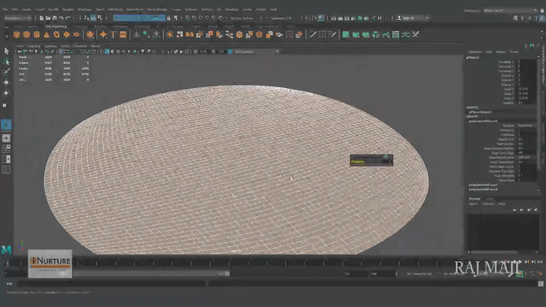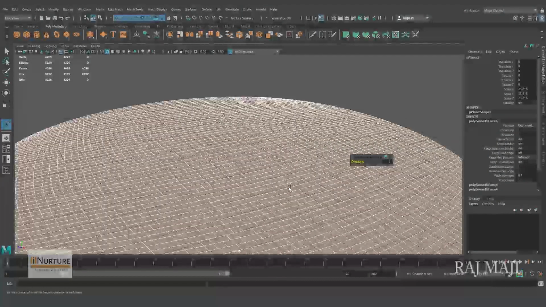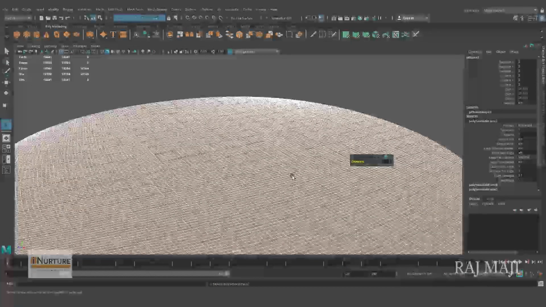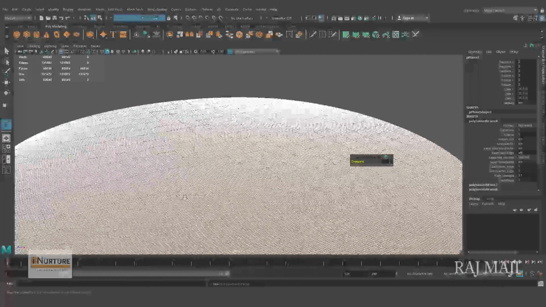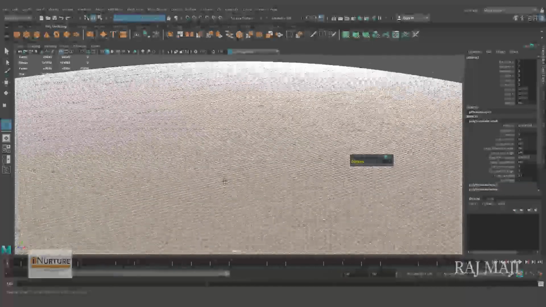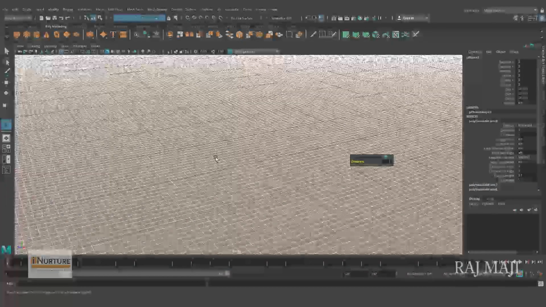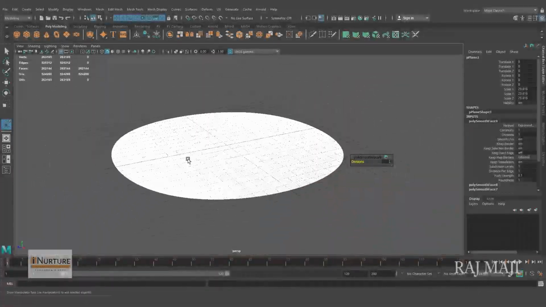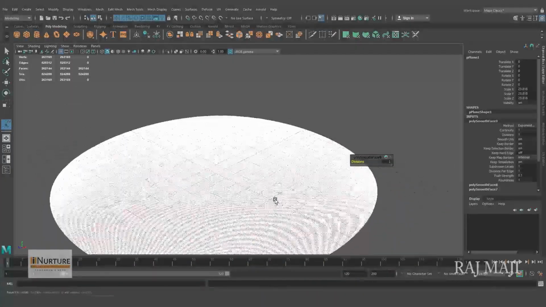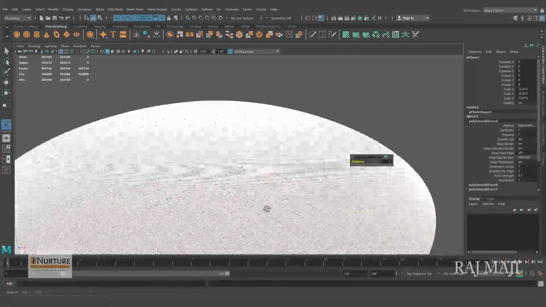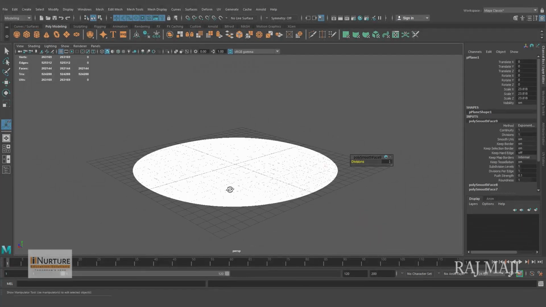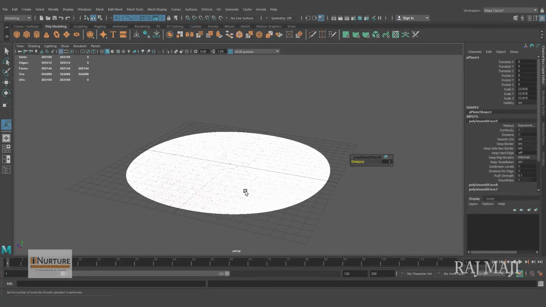Alright, I need more polygons, so again G. I think one more time. Don't worry about the polygons. Alright, I think it can be more, but it's okay. For the demo, this will work.